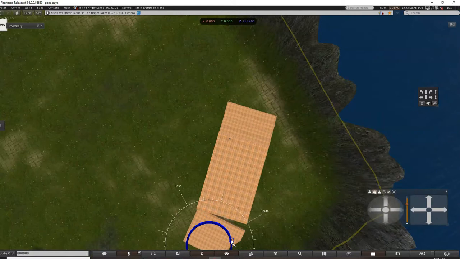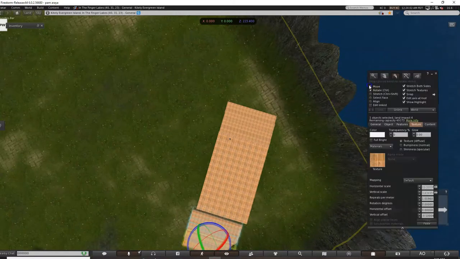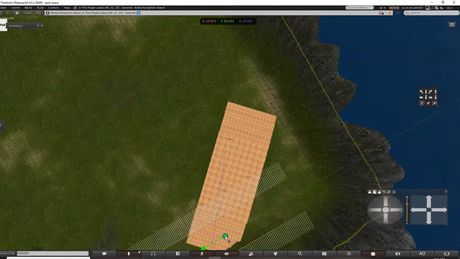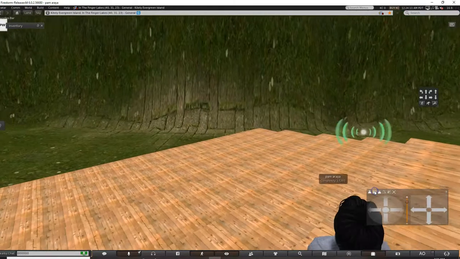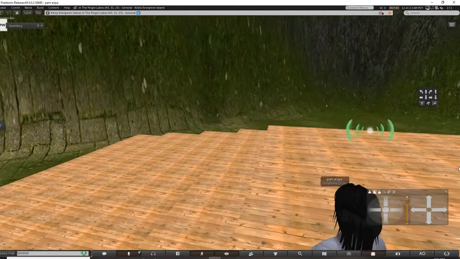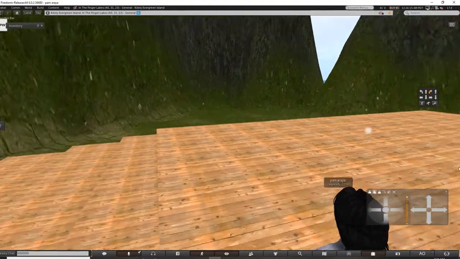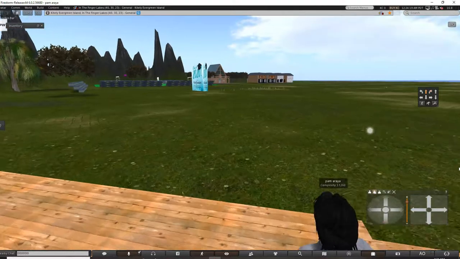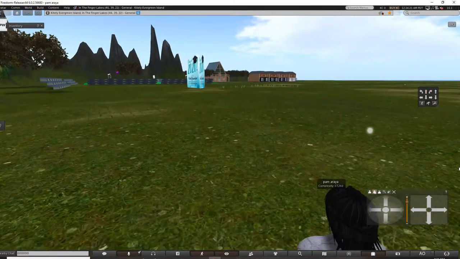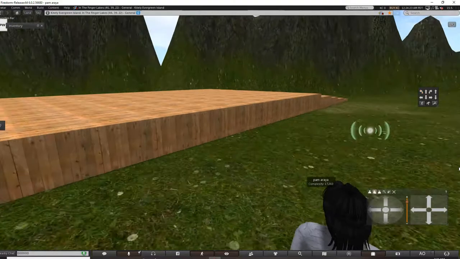Okay, then move again. There we go. Okay, so now we're on the stage. This is what the stage looks like now.